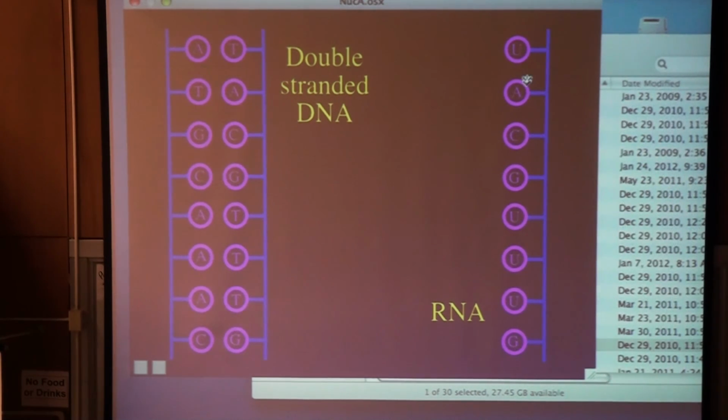And so in a way, think of this as a photocopy. If you had some original blueprints, some very valuable document that you didn't want to risk being damaged, you might make photocopies of it to work with at your construction site if you were building a building or something like that. And so that's one